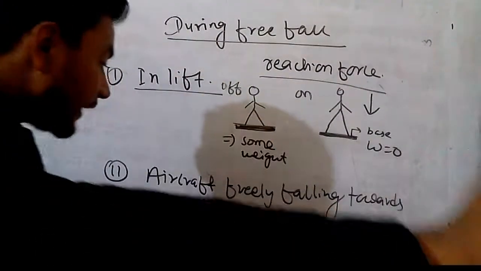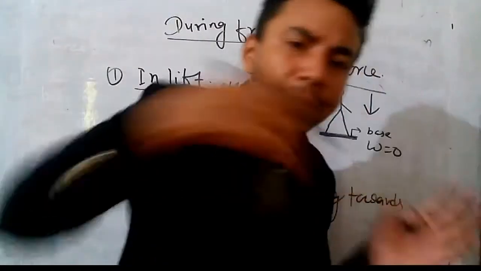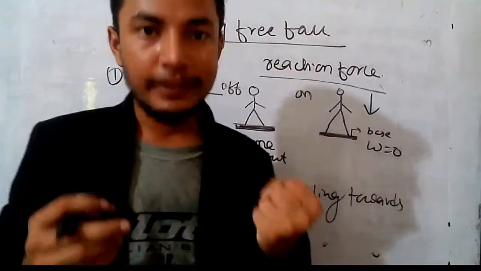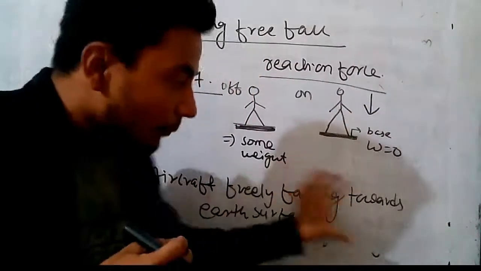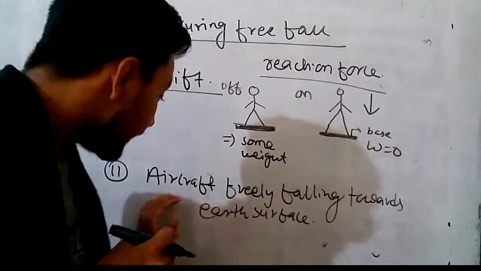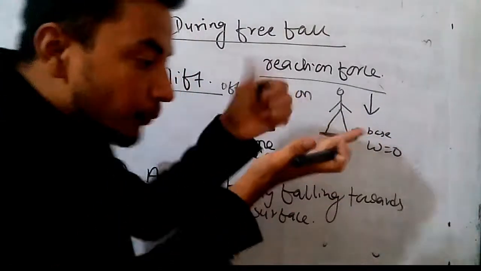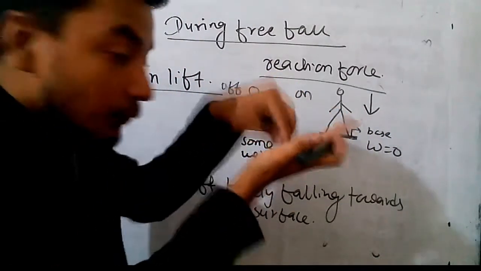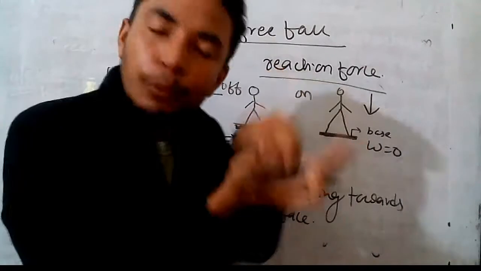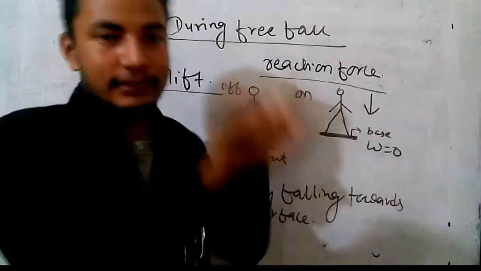Now the last condition is an aircraft freely falling towards the earth's surface. In that question, same reason. When the aircraft is freely falling towards the earth's surface, what will happen? The object or body present on that aircraft freely falls along with the aircraft. So in that case, the object or body inside the aircraft does not exert any force on the base of the aircraft, so it shows 0 weight, and it feels that it is not being attracted by any force, so the weight of the body becomes 0, and that condition is called weightlessness.